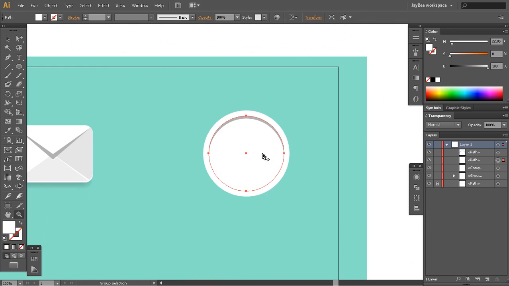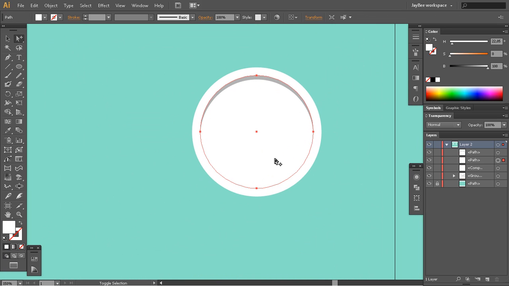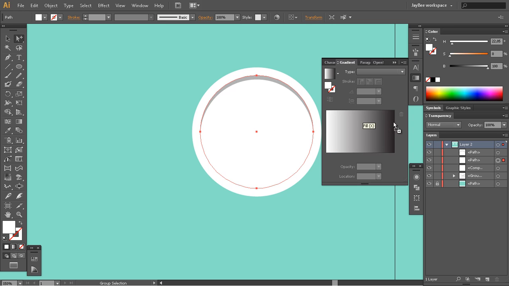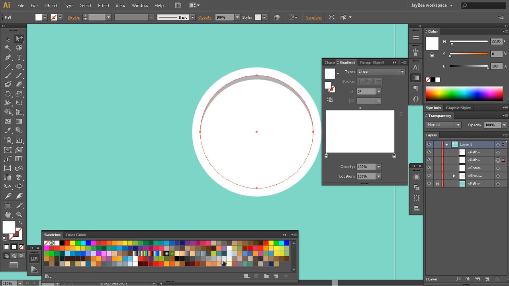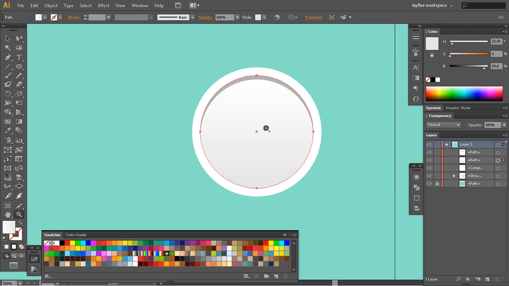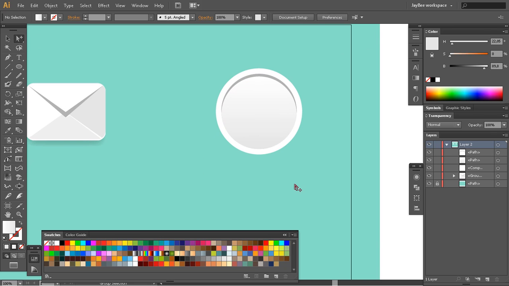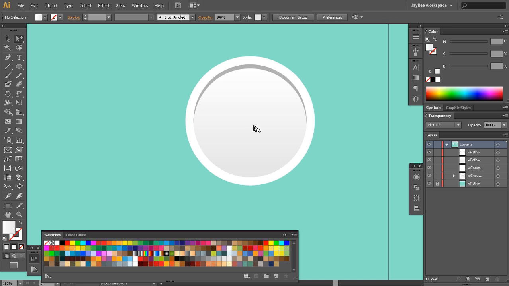What we have here is this subtle gradient, so I'll add one to this shape. We go to our gradients panel and pick some color, maybe this one, and turn the gradient from up towards down. The next thing will be our